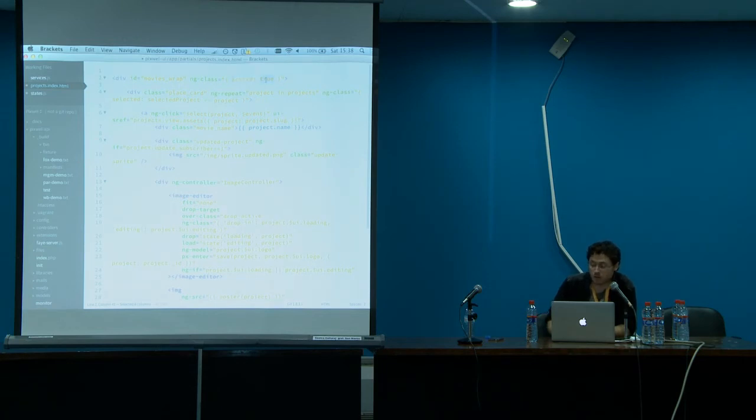So suppose I had something like an active field on my project, I could say if project.active evaluates true, this class will be applied. Now I never have to worry about adding or removing that class again. It's just there if the project is active and gone if it's not. So the new animation system actually just works with ng-class and other directives that add and remove classes. If those classes have any transitions in them, then they'll be applied, and Angular will act accordingly.